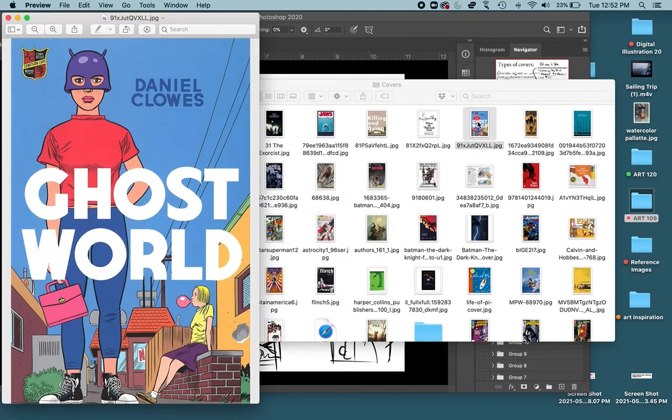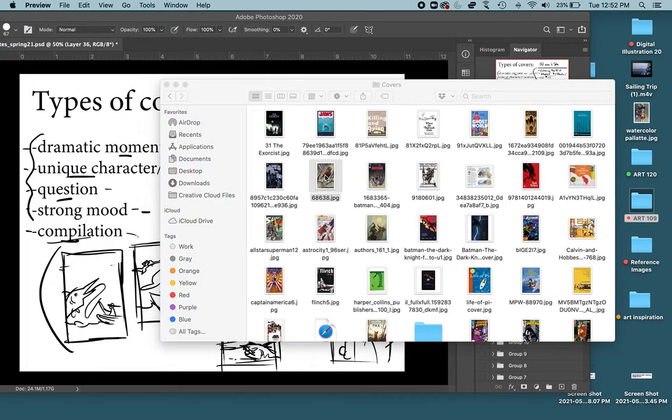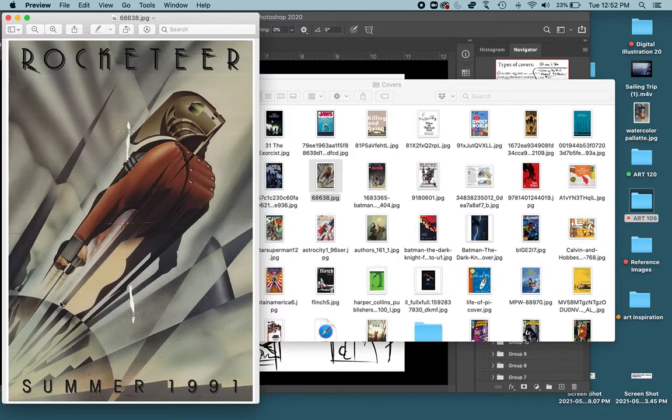Here's a unique character, Comic Ghost World. You just kind of want to know more about this character when you see them in this funky costume and cool character design. Here's a strong mood, so really good use of diagonals. The movie Rocketeer came out in the 90s, Disney movie. So really strong use of diagonals, and this is kind of a combination of abstract shapes with some representational imagery